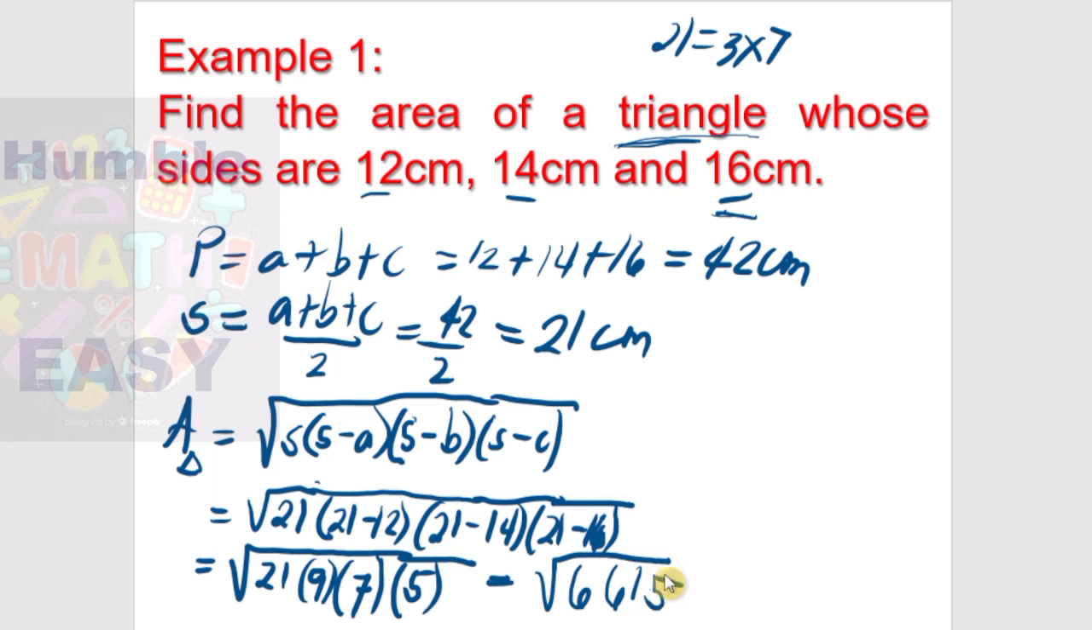Okay, kindly check your work if it is correct. Then we have to compare. 21 times 7 times 9, or 9 times 7 times 5, is 6,615. And then we take the square root, approximately